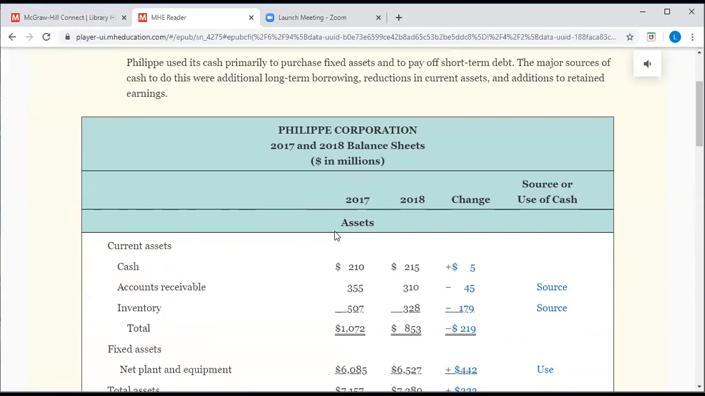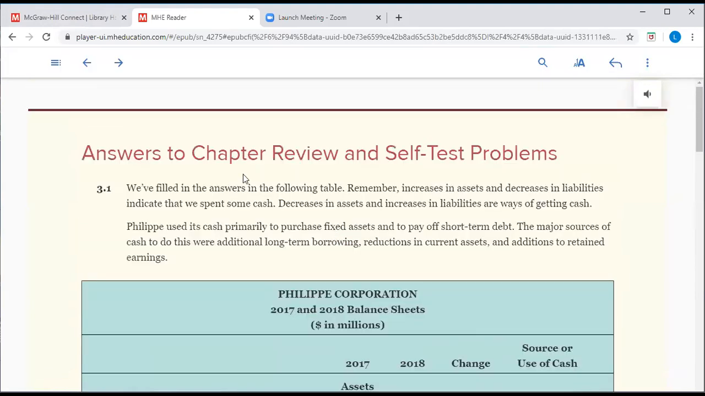In the first area, the first thing we want to do is determine the sources and uses of cash. So remember, increases in assets and decreases in liabilities indicate that we spent some cash. When you increase an asset, we spend cash on that asset. That's the assumption. If a liability decreases, that means we paid on a liability. The opposite is true then. If there are decreases in assets, we didn't spend as much,